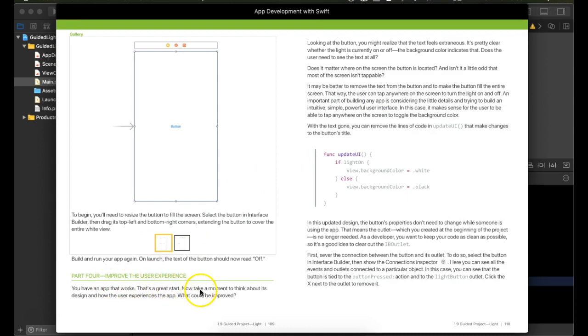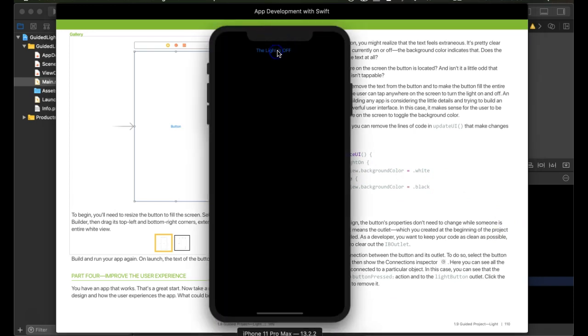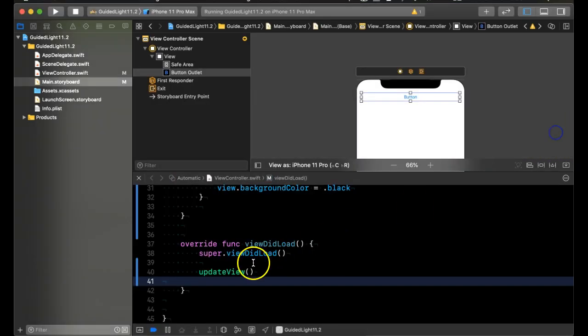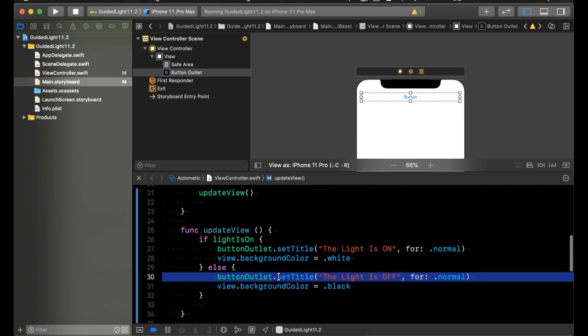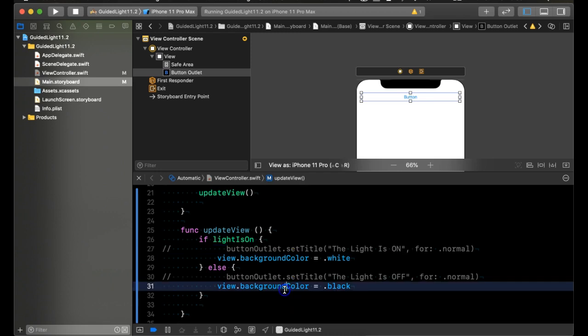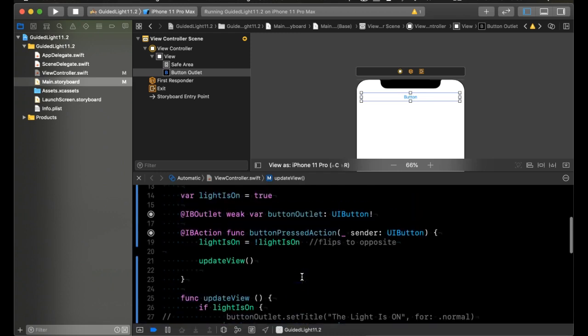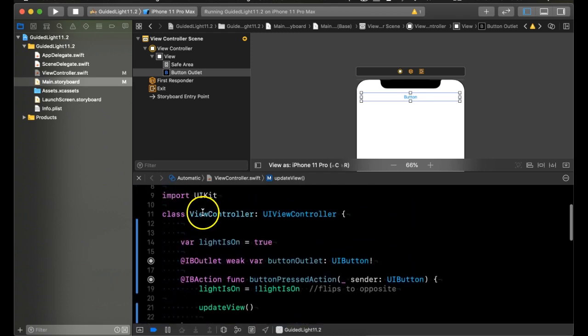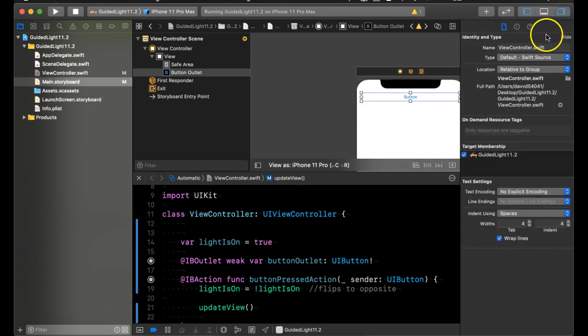Design improvements, right? So they're saying, first of all, it's actually kind of weird that it has to tell you the light is on or off. You can clearly see the light is on or off, right? You don't have to know that. So they suggest just taking out that text altogether. Fine. So what I'm going to do is comment it out instead of taking it out, because maybe later we want to add that back in. But for now I'm commenting it out. And then they go on to say, well, you know, if you look,